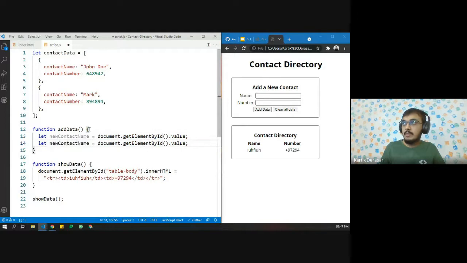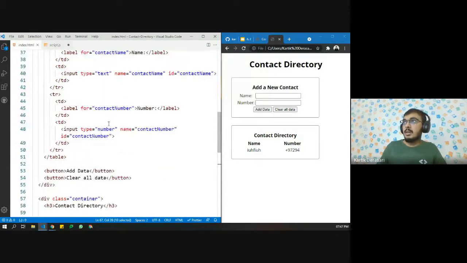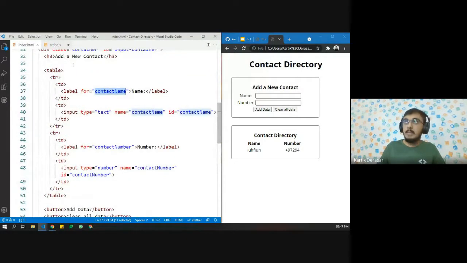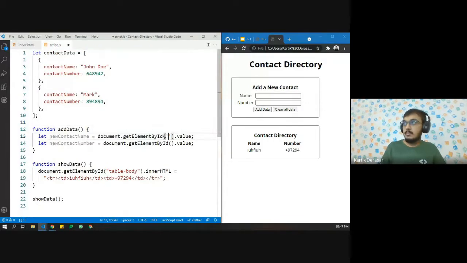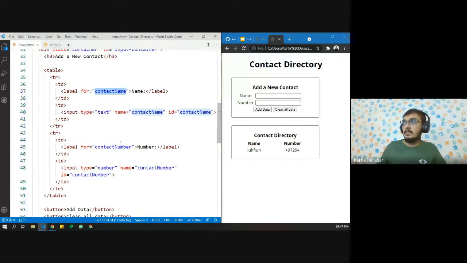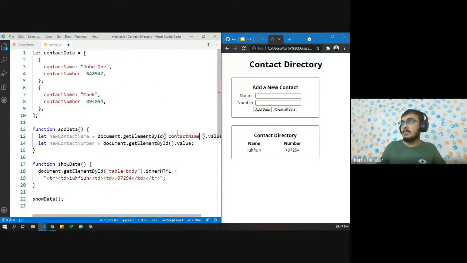Let us also have this for contact number. Let us copy paste what IDs do we have. We have contactName and we have contactNumber. So we have created two different variables inside the function. These variables will not be accessible outside the function. They will only be accessible inside these brackets.